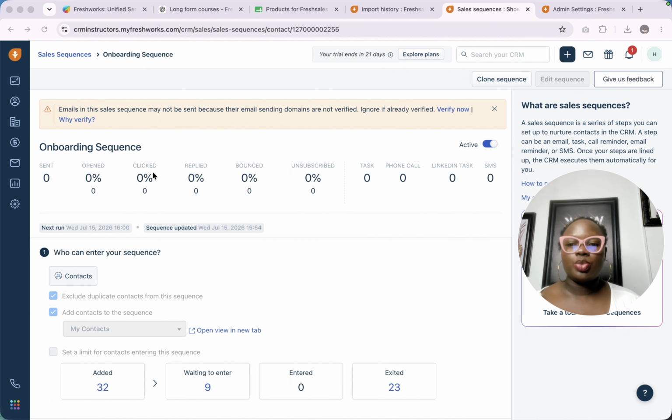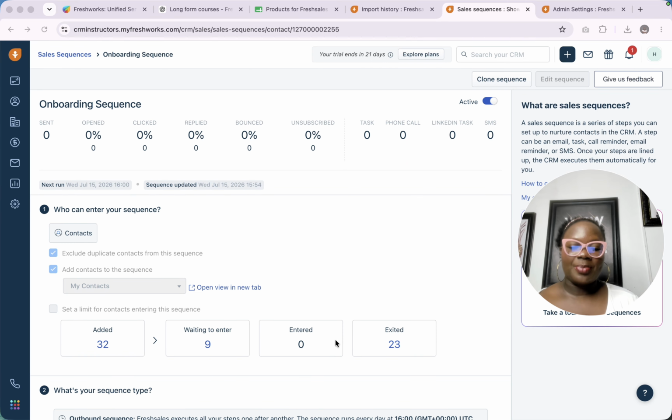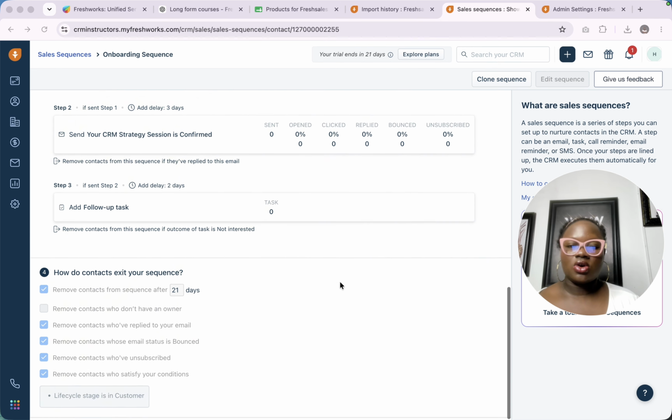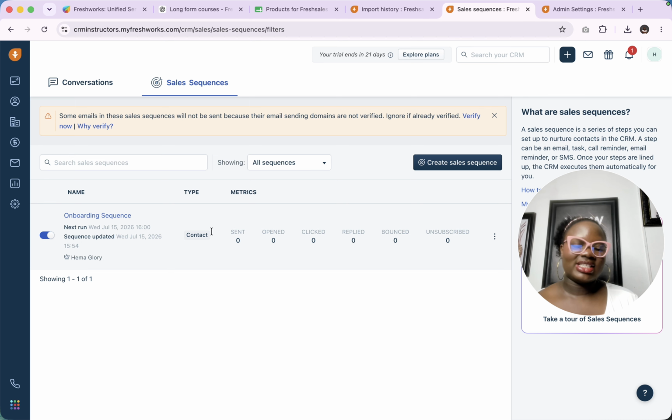You can see the opened, you can see the clicked, you can see the verified, you can see those people that are waiting to enter, those people that exited, those people that actually exist from the sequence. And you can also see all of these. Okay, so this is our sales sequence in here, and if you want to create another sequence, you can just